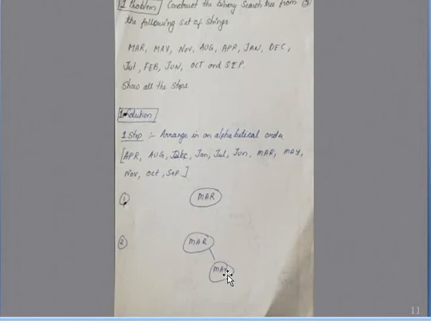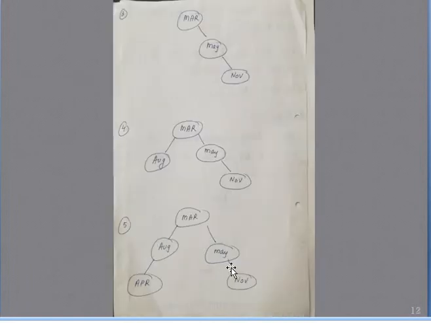I am checking alphabetically: MA is the same in both. Next we check the letters R and Y. So May will come as the right child node.